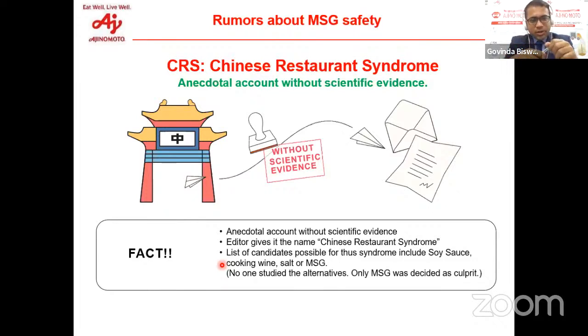If you go backward, in 1968 specifically, the first controversy started in the name of Chinese restaurant syndrome. And how it happened, there was a doctor called Robert Ho Man Kwok. He visited a Chinese restaurant in the USA and he consumed a Chinese dish. After the consumption of the dish, he developed some numbness in the shoulder and in the limbs, and palpitation. And he